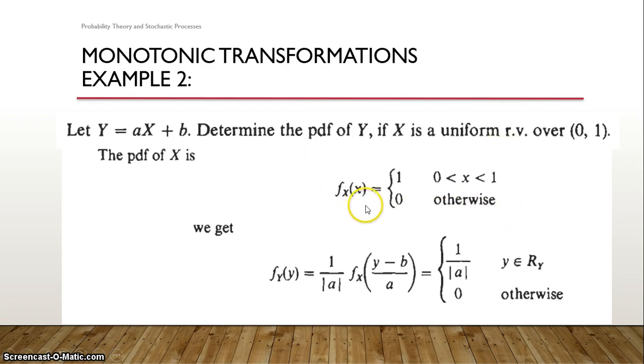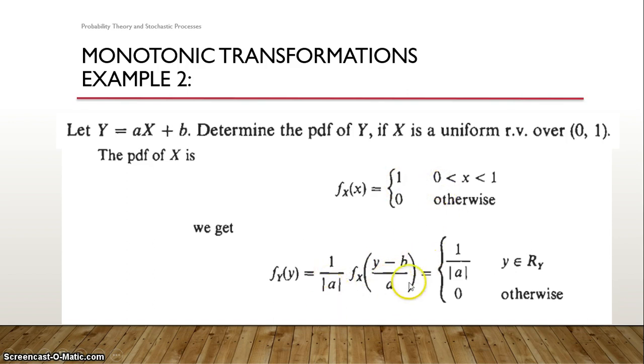This is the given content. Now you can substitute that in the density function of y. Already in the last lecture we calculated the density function by taking two cases, a greater than 0 and a less than 0, which is 1 by modulus of a, fx of y minus b by a. So using that as a reference, you substitute your fx of x, because x is equal to y minus b by a. In place of that, your fx of x will be equal to 1, so it is just equal to 1 by mod a.